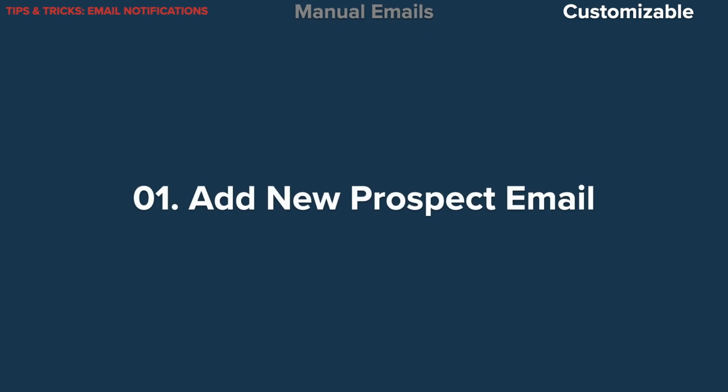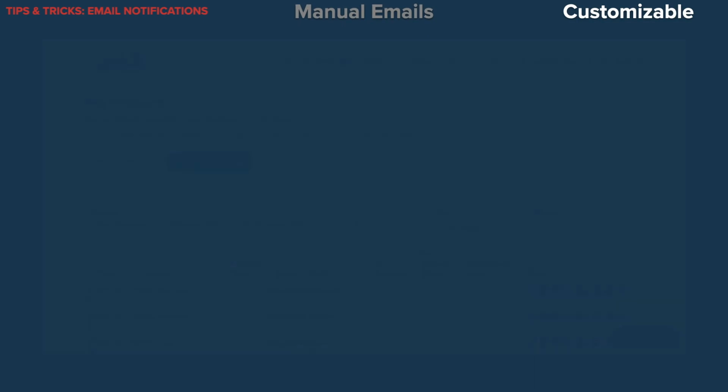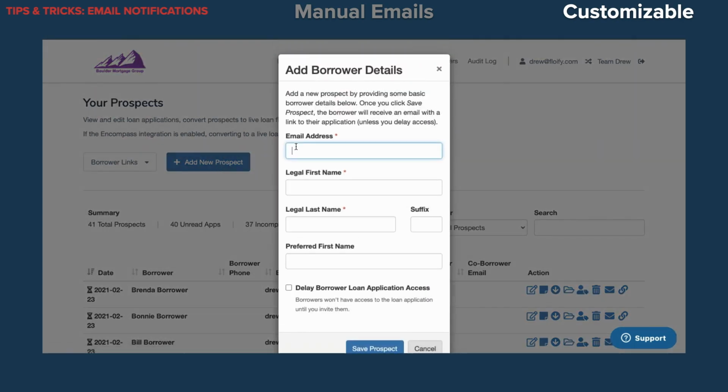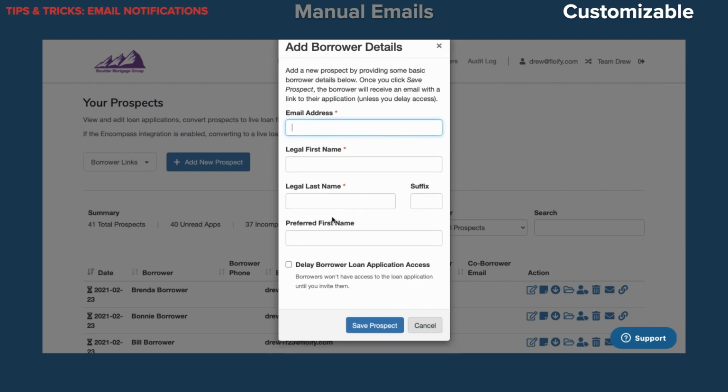Okay, so the first one is going to be the add new prospect email. The way this one works is on the prospect page, we have the blue add new prospect button. If we click that button, we can again enter an email, the borrower's name, and then we can delay the access.